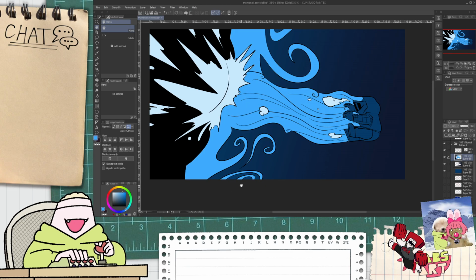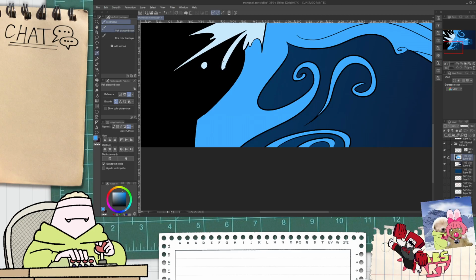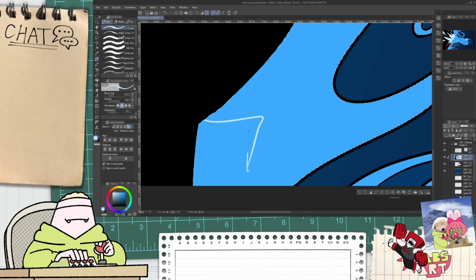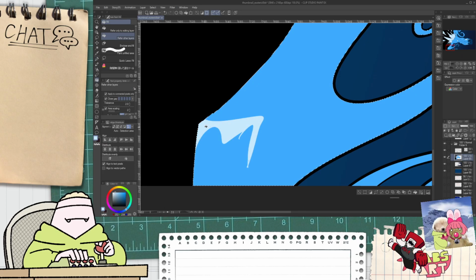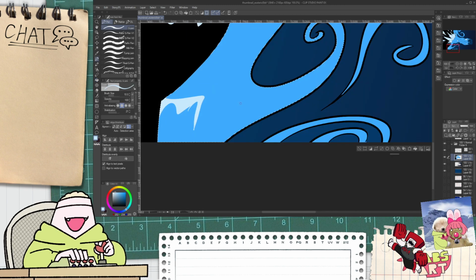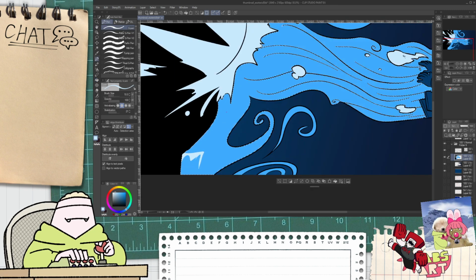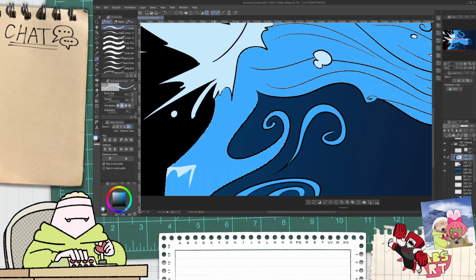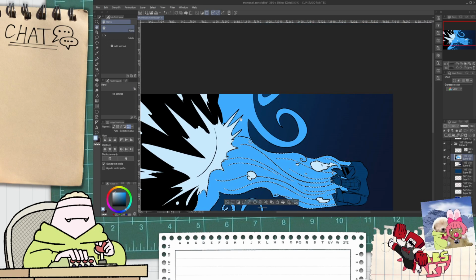Oddly enough, I think it's more readable as water when I have... Hang on. I do think it is more readable as water when I have it as this brighter blue.